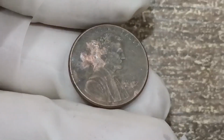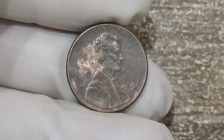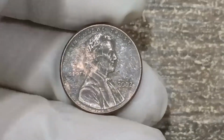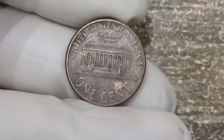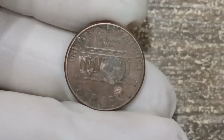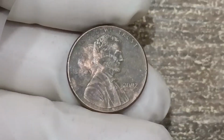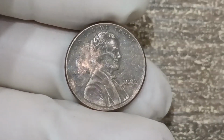Then there are broad strike errors, which occur when the collar die that normally keeps the coin confined during striking fails, allowing the planchet to spread outward, creating a flattened, oversized coin without a proper rim, and these errors are immediately recognizable and often highly desirable. And when they appear on a coin like the 2002 no mint mark cent in gem condition, they can significantly